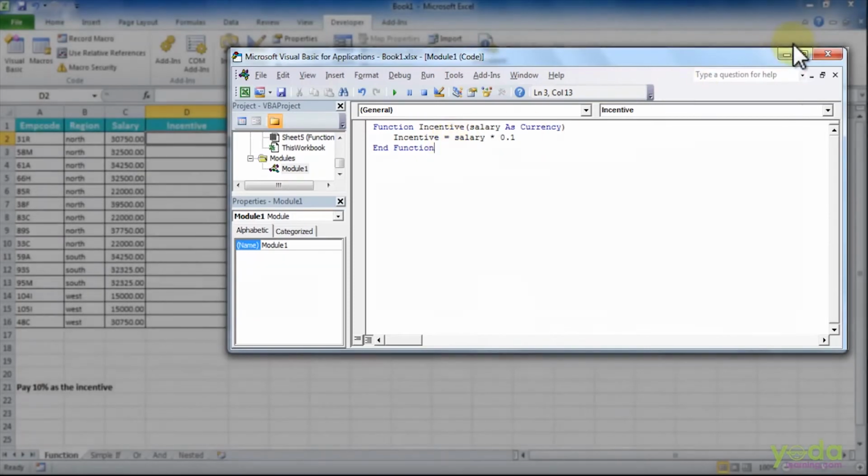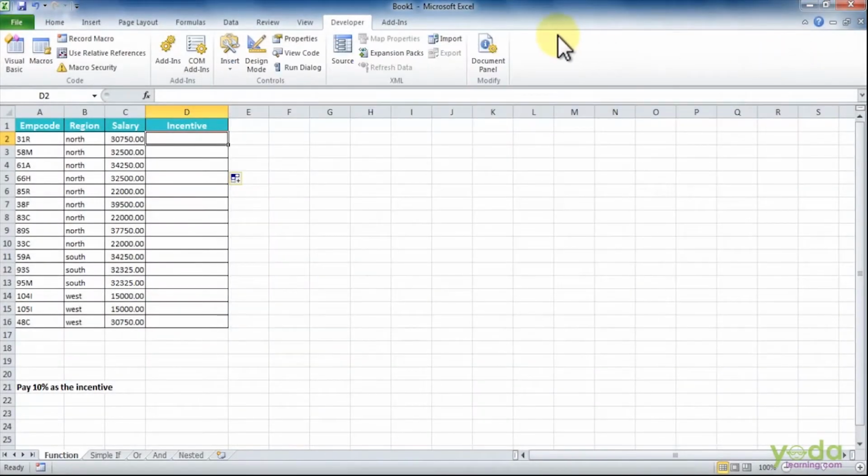Now I will call this function in my Excel worksheet. I'll say equal to Incentive. So here is my Incentive. I'll press tab, give the reference of the cell where my salary is, and say enter. So it has calculated 10% of the salary as incentive.